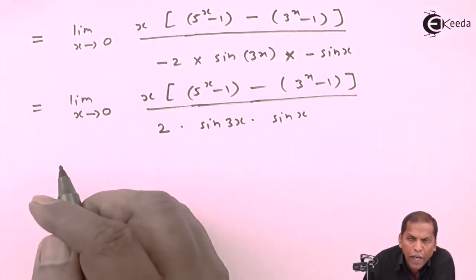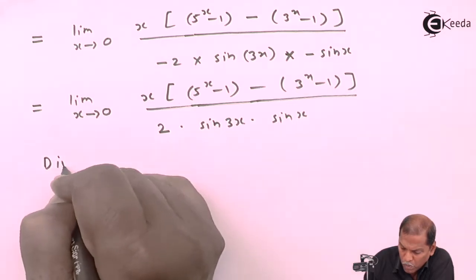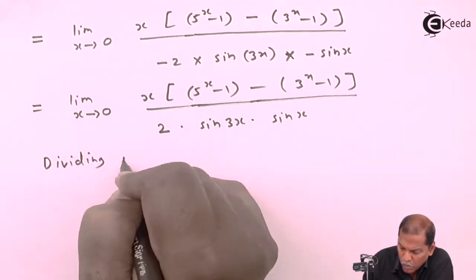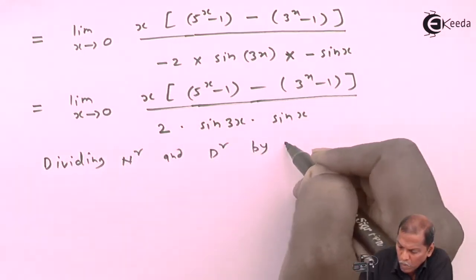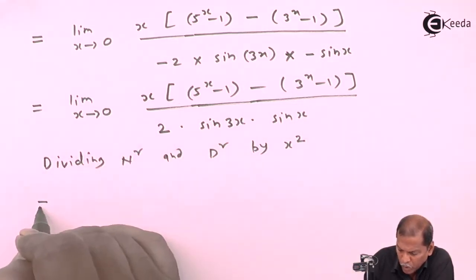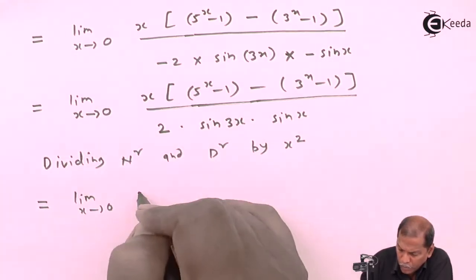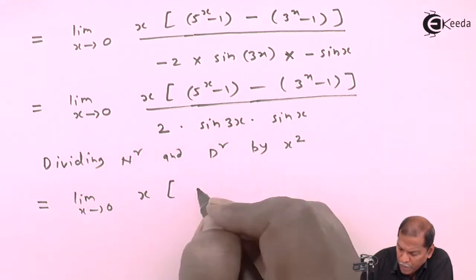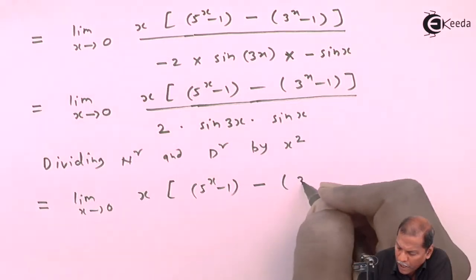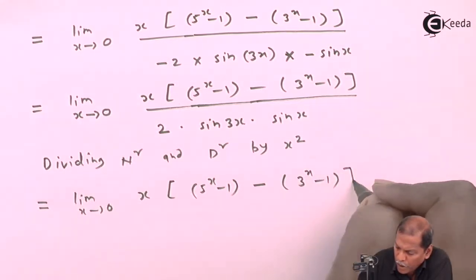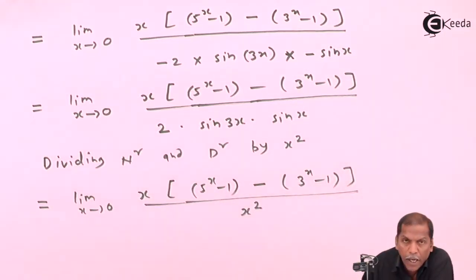Now to get the rule, dividing numerator and denominator by x square. So the next step will be limit x tends to 0, x in bracket 5 raised x minus 1 minus in bracket 3 raised x minus 1, finally square bracket complete, totally divided by x square